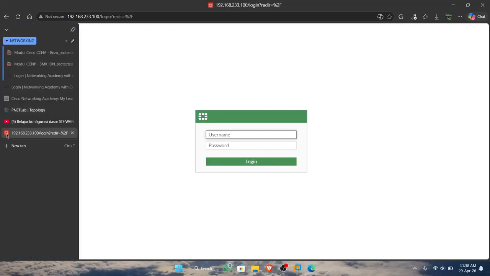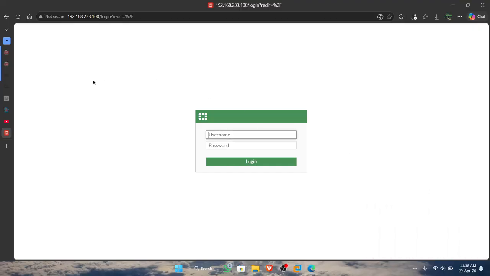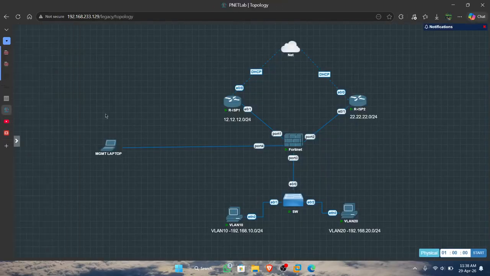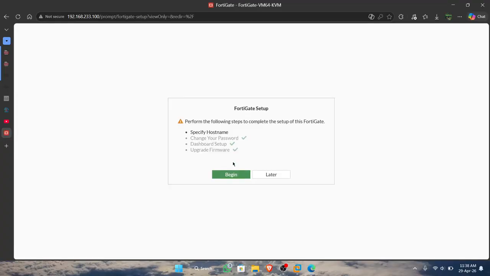So the first step is we enter the FortiGate GUI and log in.